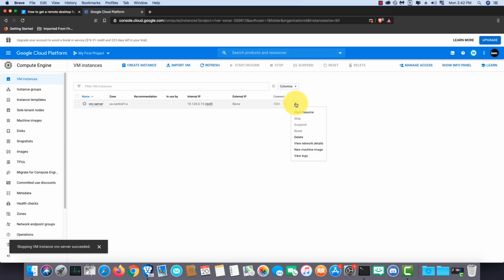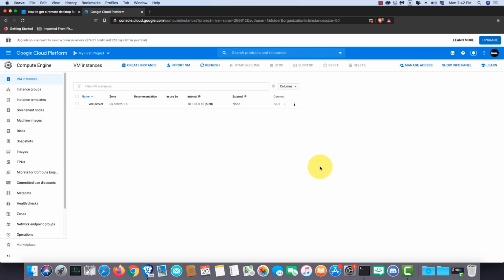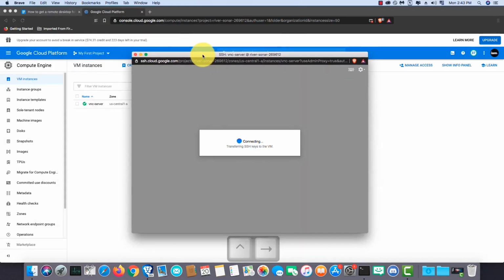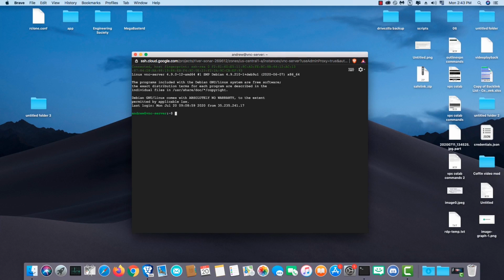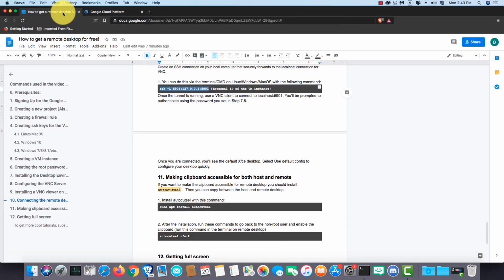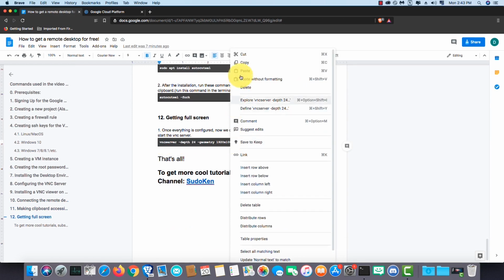And when you want to use it again, start the VM instance and click on SSH. Then just type this command to start a VNC instance with a custom screen size and pixel depth.